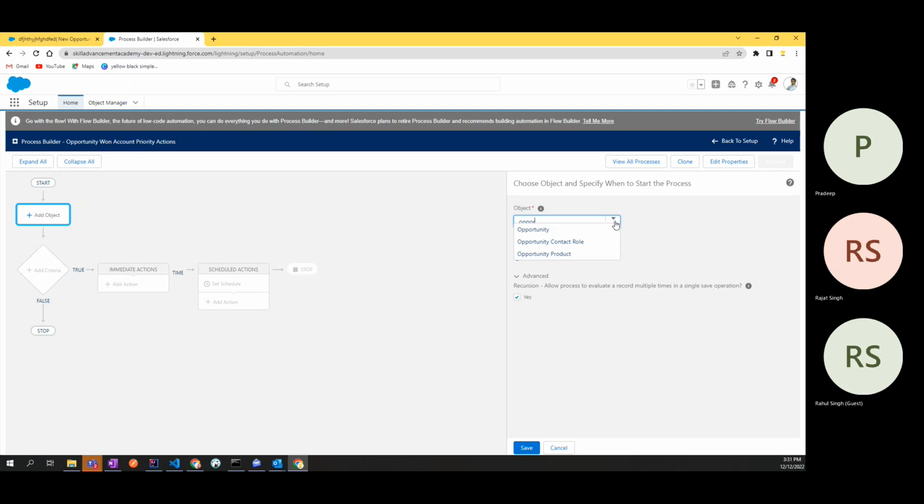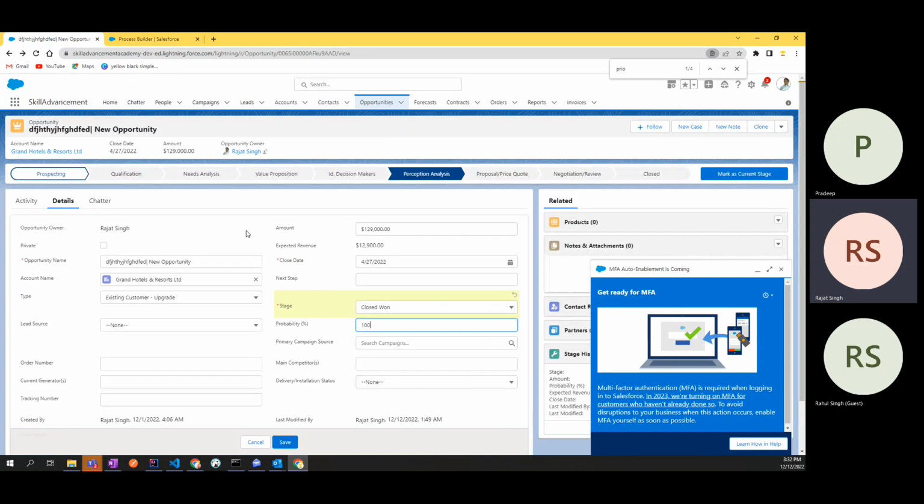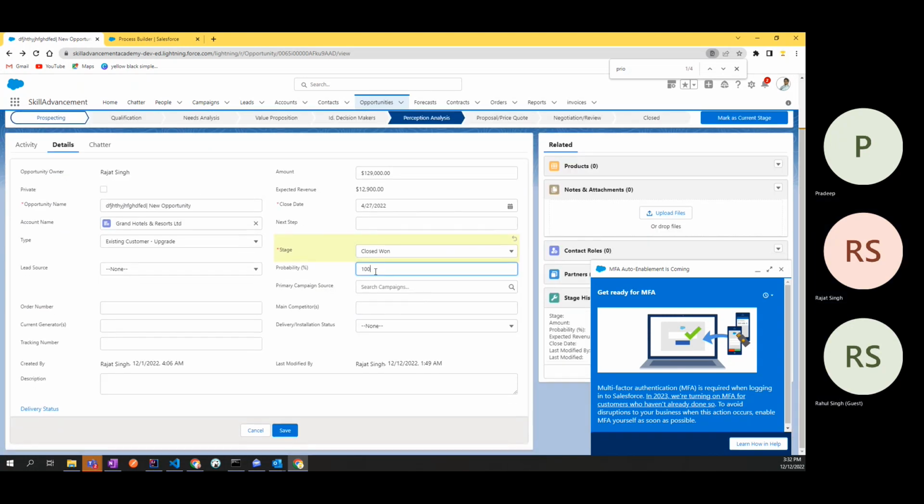तो हम क्या करना चाहते हैं, we want to do some action on this object, Opportunity. ओके, और हमने बोला कि ये अपॉर्चुनिटी ऑब्जेक्ट पे ये वाला प्रोसेस बिल्डर कब हम ट्रिगर करेंगे, जब रिकॉर्ड क्रिएट होगा या एडिट होगा। तो ये अभी हम या तो अपॉर्चुनिटी पे जाके एक नया रिकॉर्ड क्रिएट करें, ठीक है, या इसी को हम एडिट करें, ठीक है,